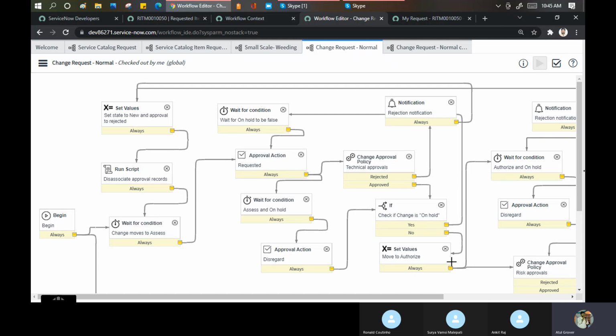Second point, for the request management catalog item, definitely sometimes the out-of-the-box workflow works, sometimes it does not work. In that case, do we start from scratch? Again, one lady pinged me on Telegram and said, Atul, can you guide me how I can become an architect in ServiceNow? These things come from experience. If I am an architect and you say, Atul, can you modify a workflow for me in the catalog item? Before I start from scratch, I'll see what is the closest workflow which I can pick up and make a change in.